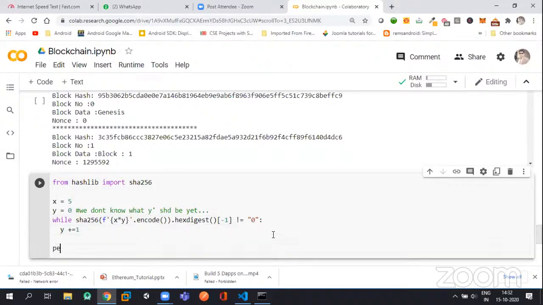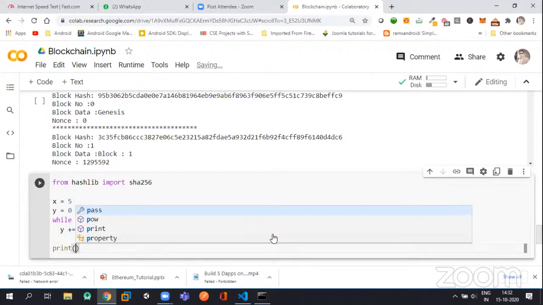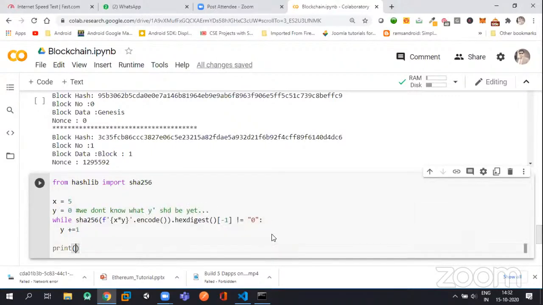Print the solution is y equals y, right? So when I run this,